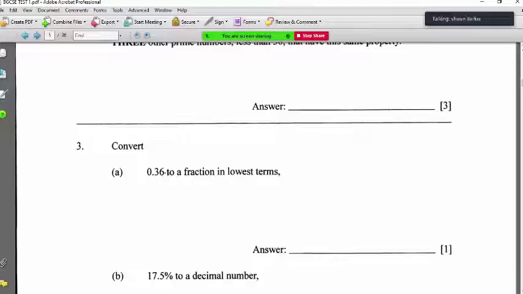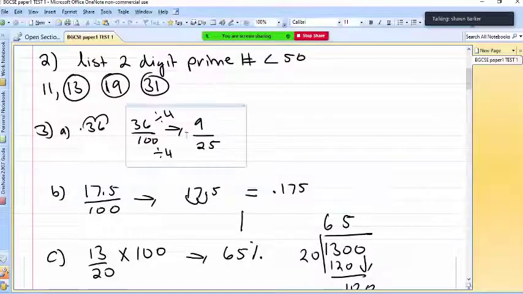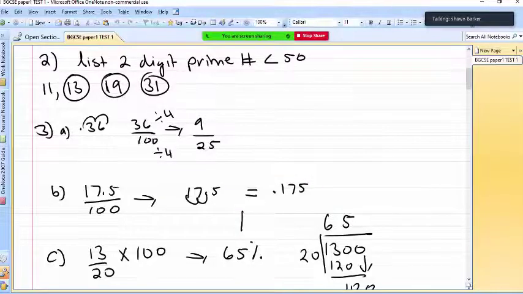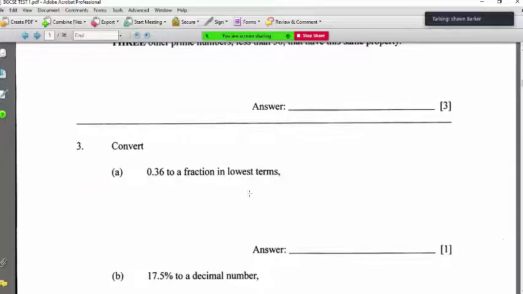In mathematics, if I move this decimal to the right 2 spots, I have to divide by 2 positions also. Okay, so in this case, dividing by 2 positions will give you 100. So you move it to the right 2, then you divide by 100. Now we're not finished yet, because now you have 36 over 100. But the question now becomes, I have to reduce this to its lowest form. Usually they always ask you to reduce anything to its lowest terms. So in order to reduce this to its lowest terms, what do I do?